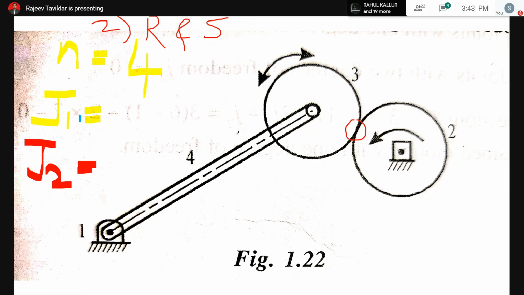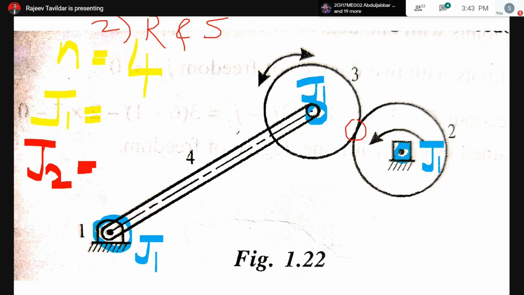Let us count J1 now. Okay, this joint between 1 and 4, yes, it is J1. The joint between 4 and 3 over here, this is also J1 because only 1 degree of freedom is there. The joint between 2 and fixed link over here, it is rotating, so only 1 degree of freedom. So again it is also J1. But the joint between 2 and 3 over here, we are having rolling as well as sliding. So there are 2 degrees of freedom. So this is not J1. If there are 2 degrees of freedom, then this becomes J2.